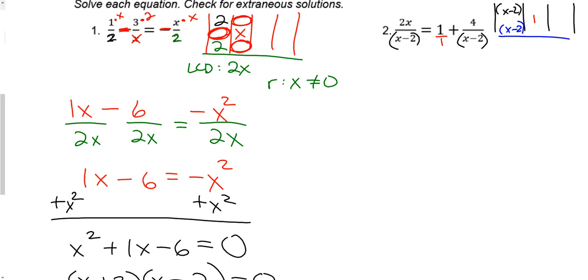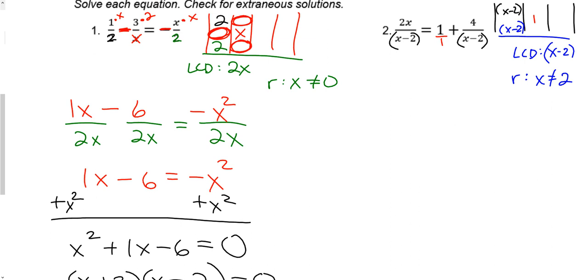So our LCD for this one is just x minus 2. Do you guys know why I'm ignoring the 1? Yeah, if you just do 1 times anything, the 1 goes away. So I don't usually write the 1. So our LCD is that, so that means our restriction,